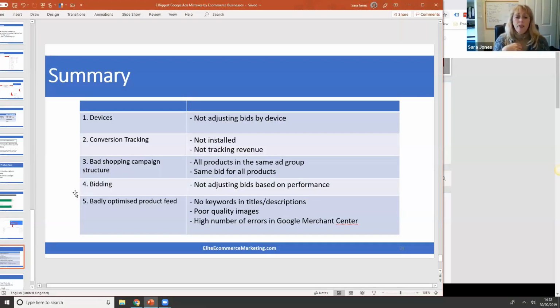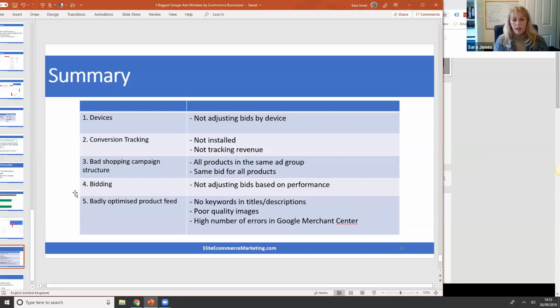And then you need to be making bid adjustments, looking at the good performers, increasing the bids on those, looking at the poor performers, reducing the bids on those, and trying to increase visibility on products that aren't getting any traction and aren't getting any views. And look at your product feed. Your product feed is the be-all, it's the most important part of your shopping campaigns. Look at your titles, think about your titles, optimize them, get really, really good product images,